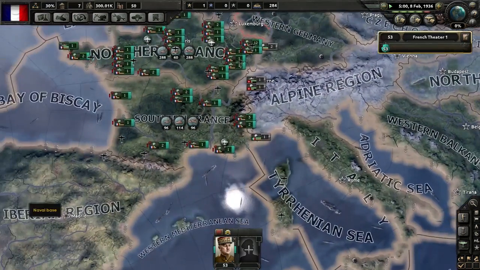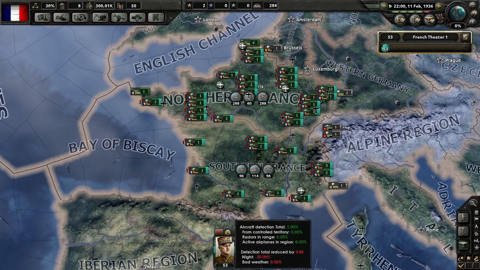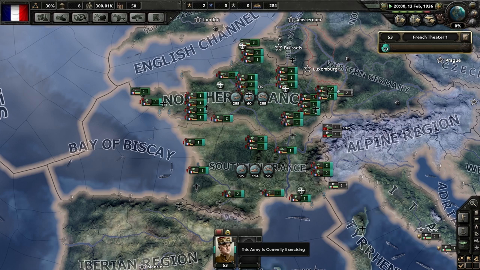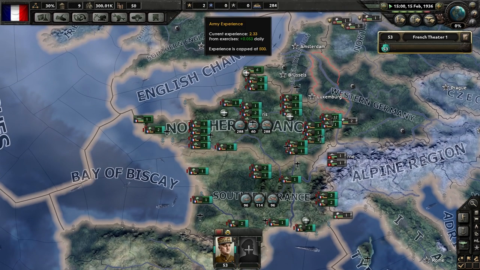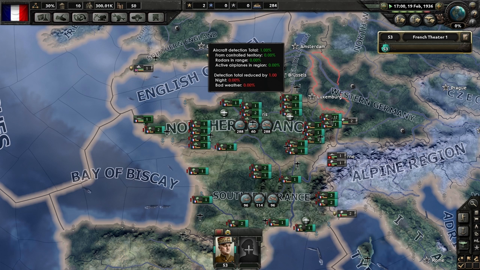Goes to show you. So as we're training, you can see we're exercising. We're slowly gaining experience. And we'll put that experience into putting some artillery and AT into our infantry units. And that's good, because infantry units really only have soft...